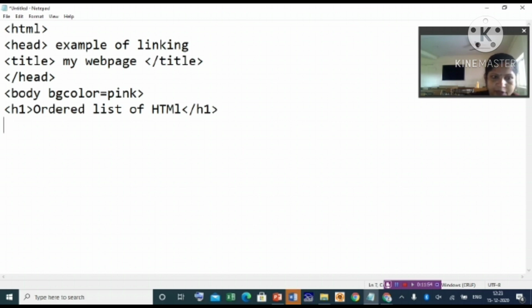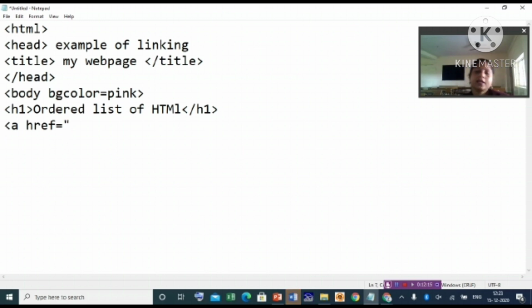The anchor tag is used for link. You write a, then give a space, then write href. href stands for hyperlink reference. It is the attribute of the anchor tag which is used for linking. Then give an equal to symbol, then double quote.